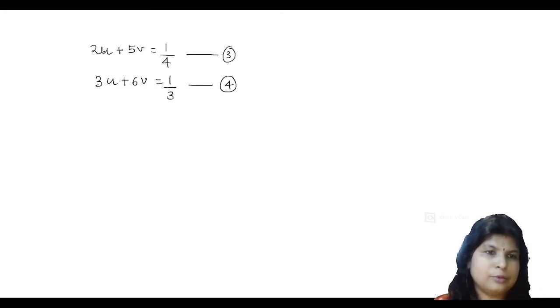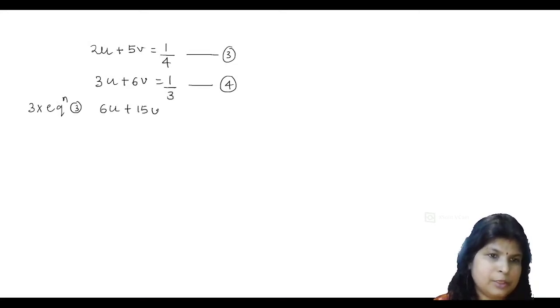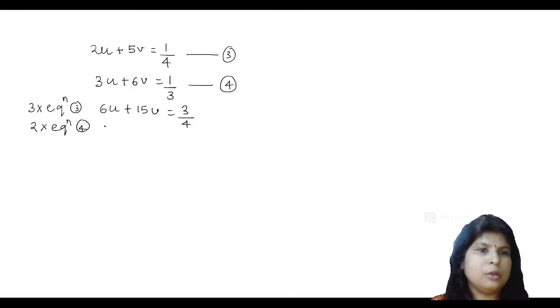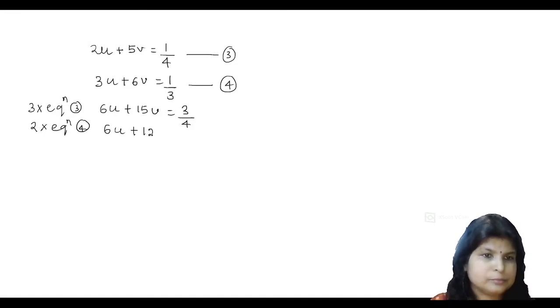So now what I will do, I will try to eliminate your u variable. So for that I will multiply equation 3 with 3. Okay, so this becomes 6u plus 15v, that is equal to 3 by 4. And what about the fourth equation? It is 2 into equation 4, that becomes 6u plus 12v, right, is equal to 2 divided by 3. Now you just subtract it, you will get